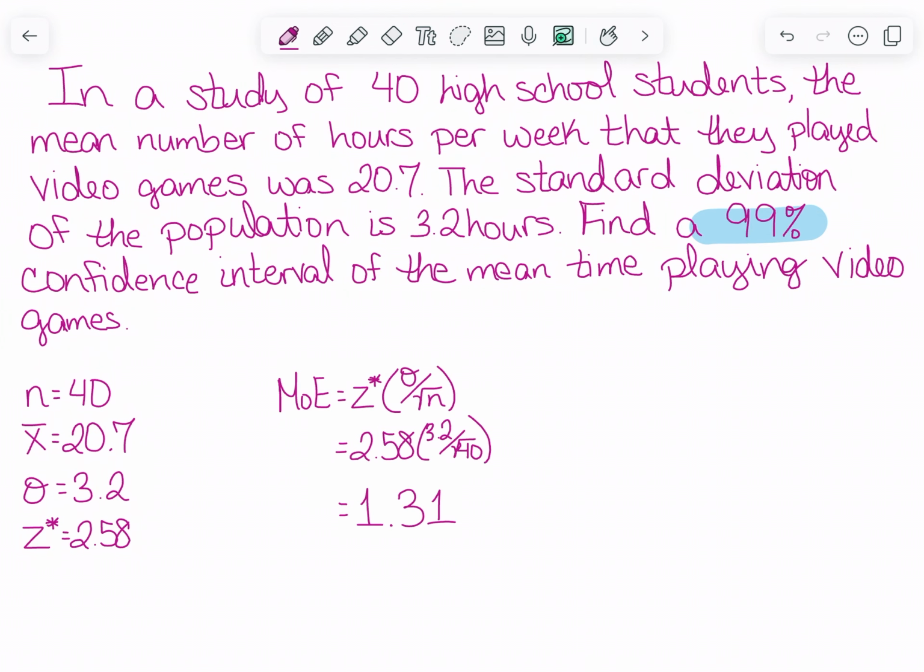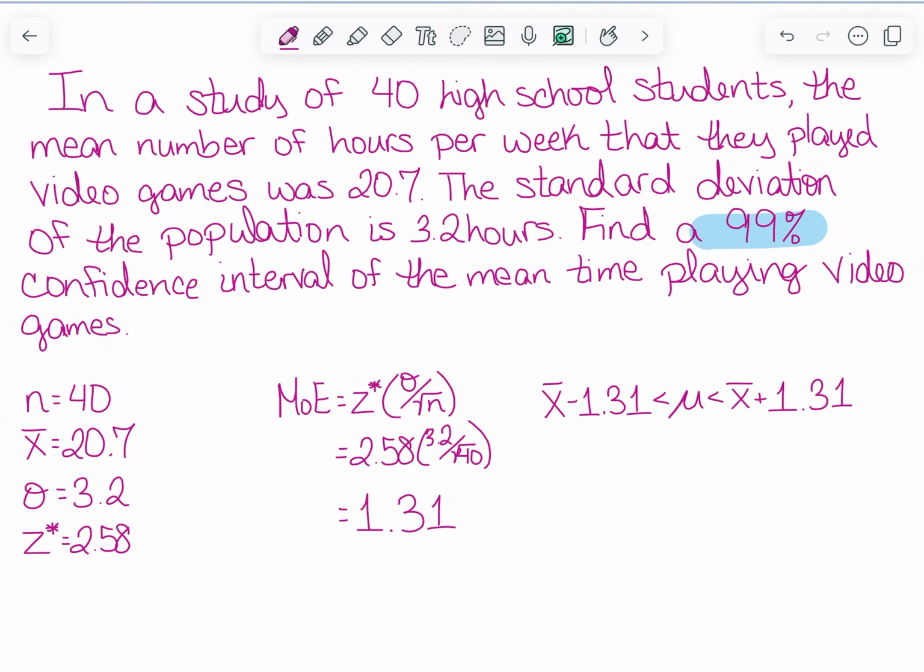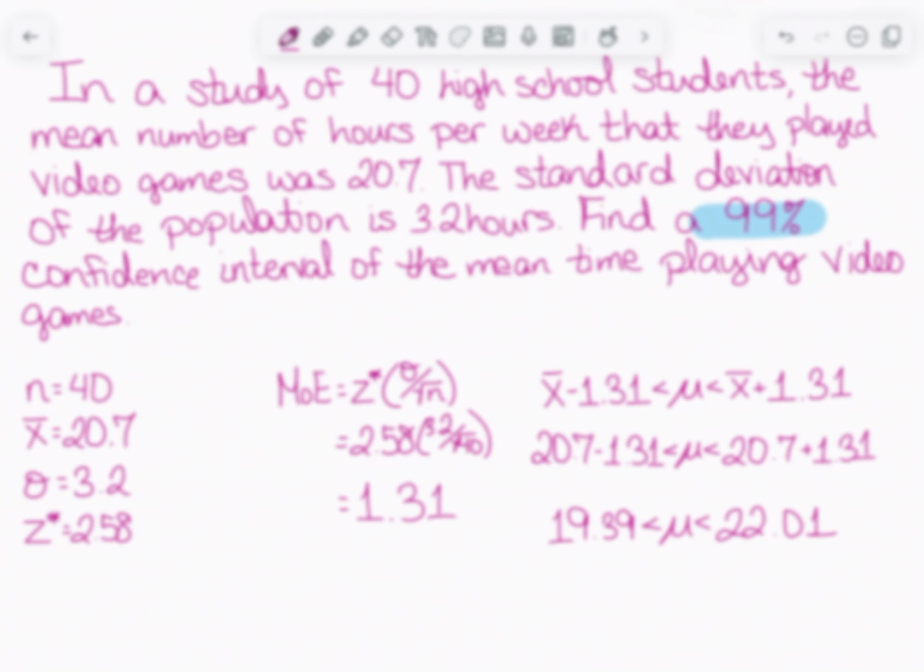When I use these values to calculate my margin of error, z star times sigma divided by the square root of n, and I go ahead and plug in my values and simplify, I get 1.31 for my margin of error. So this time, I'm going to do x bar minus 1.31 and x bar plus 1.31. Plugging in my value for x bar and then simplifying, I get 19.39 is less than mu is less than